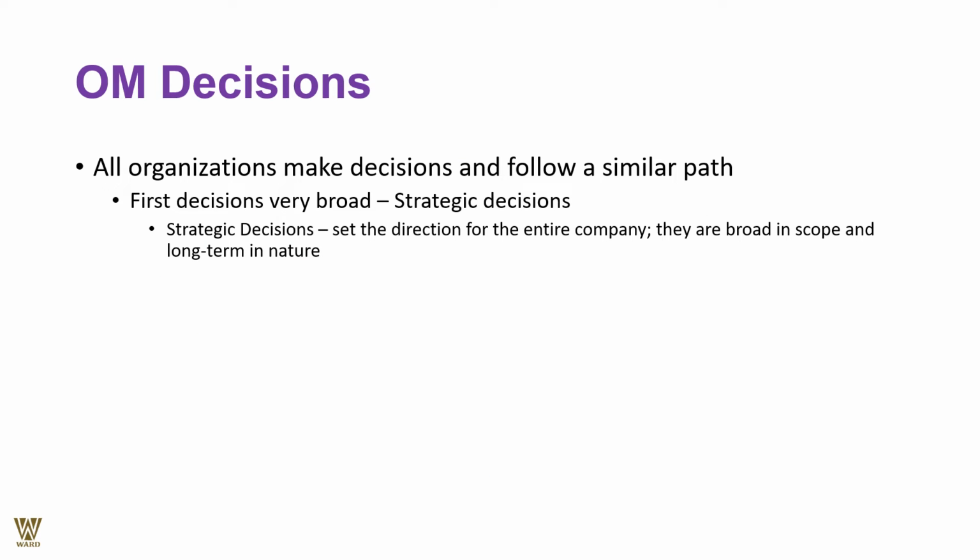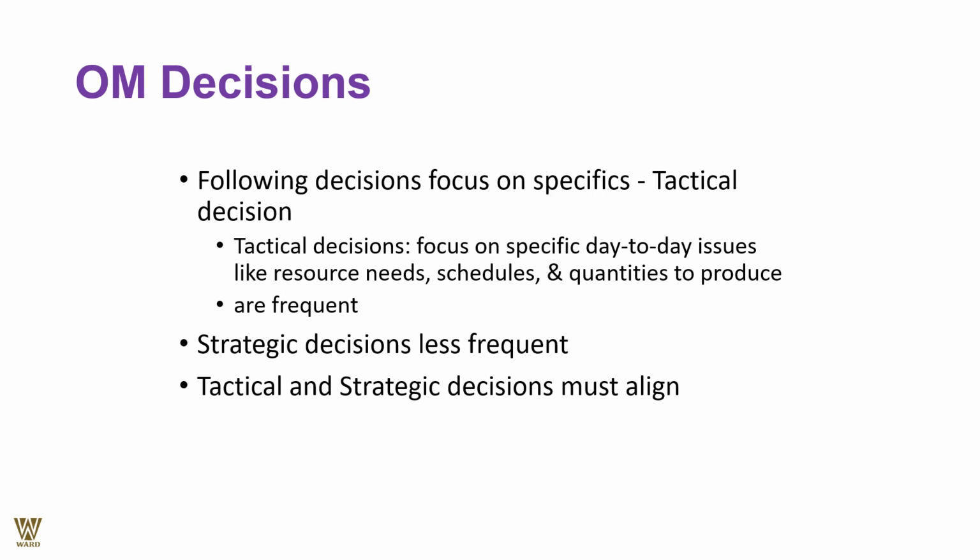So operation management decisions: what are the decisions that go around it? Remember, the first decision is the very broad decision as to whether we should go ahead with the business or not. The strategic decision sets the direction for the entire company. They are broad in scope and long term in nature. This strategic decision plays a pivotal role for the years to come, or should I say decades to come,